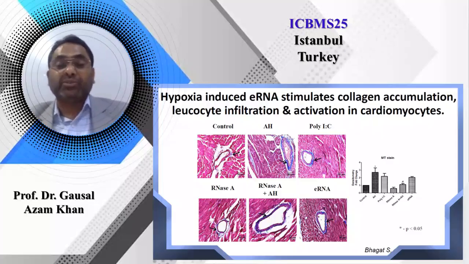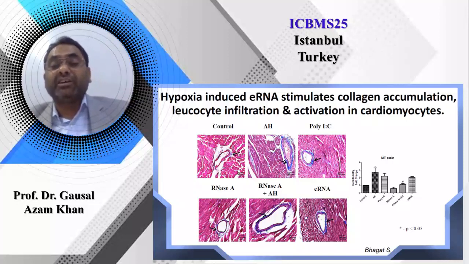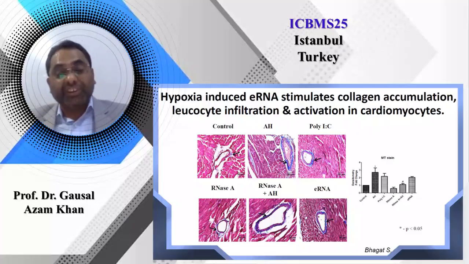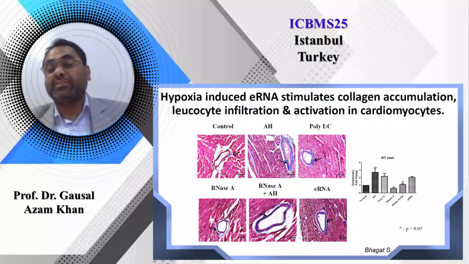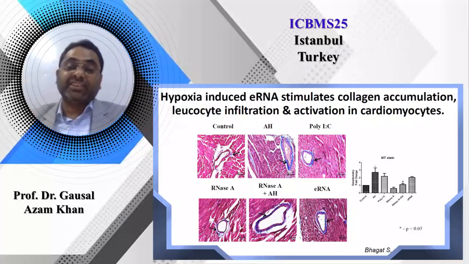Here, we use two models. We use an empty stent, and we measure the empty stent in a bar graph. If you look at hypoxia, there is a significant increase of collagen in the myocardial artery. Poly-IC is the TLR3 inducer, and also RNase A: when the animals were treated with RNase A, the eRNA and collagen significantly decreased. If you look at the bar graph, it significantly decreased with RNase A in acute hypoxia. This suggests that